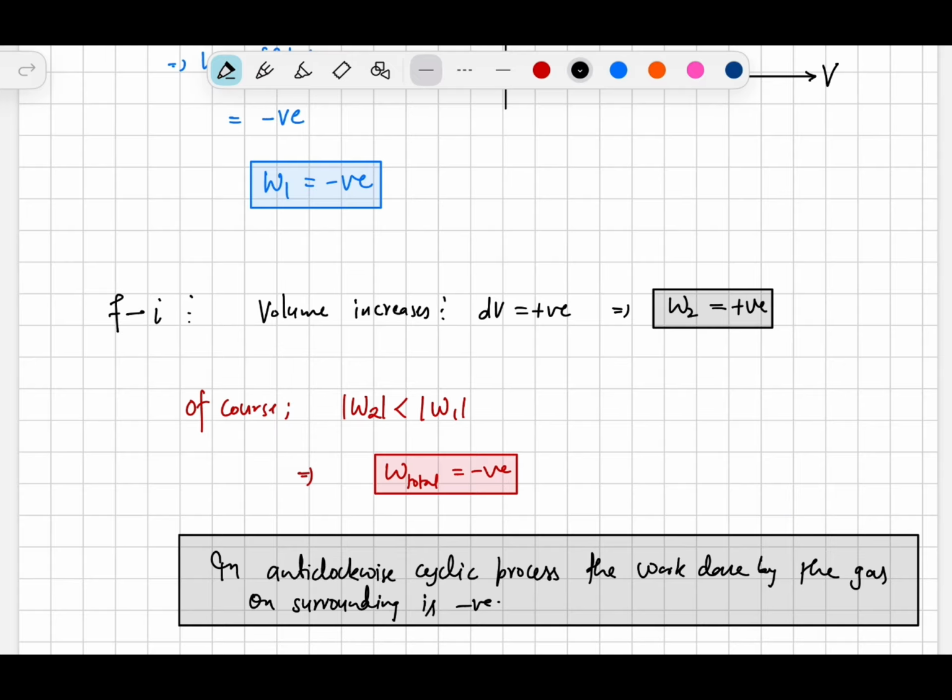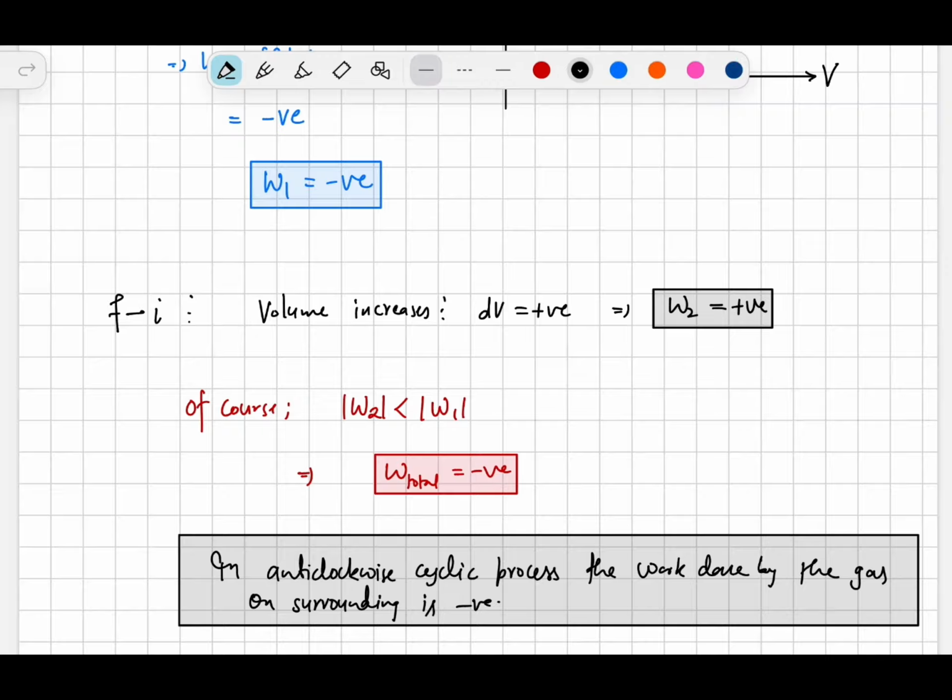Okay, so these were two important cyclic processes, clockwise or anti-clockwise. In clockwise cycle, the work done by the gas is always positive. And what does it mean by positive here? Positive का मतलब है कि सिस्टम हमें काम करके देगा, और यही तो इंजन का काम होता है। इंजन का काम क्या है? हमें इंजन से काम निकालना है, इंजन हमें हेल्प करे, इंजन हमें एनर्जी दे, मतलब कन्वर्ट करे एनर्जी को, एनर्जी कन्वर्ट करके कुछ काम निकाल के दे, तो इसीलिए वो पॉजिटिव होता है। और इसीलिए उसका साइकिल भी, कार्नो इंजन का साइकिल भी पॉजिटिव होता है।